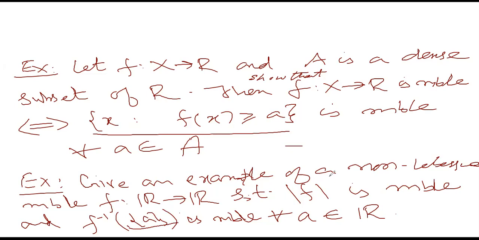And for mod f, you have to show that the inverse image of every closed set is measurable. But for f, the inverse image of every closed set need not be measurable. That's what you have to construct. You have to construct a function f from R to R which is not measurable, but its mod is measurable. Similarly,